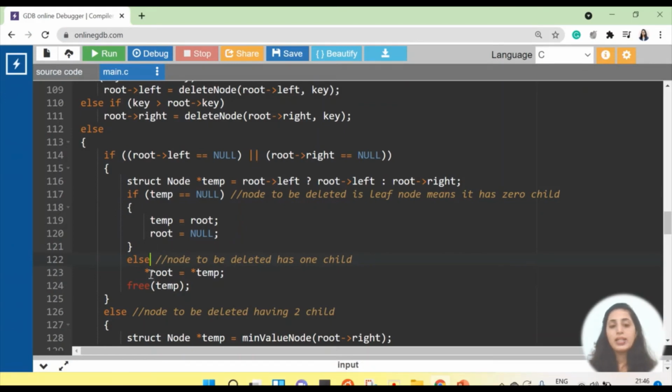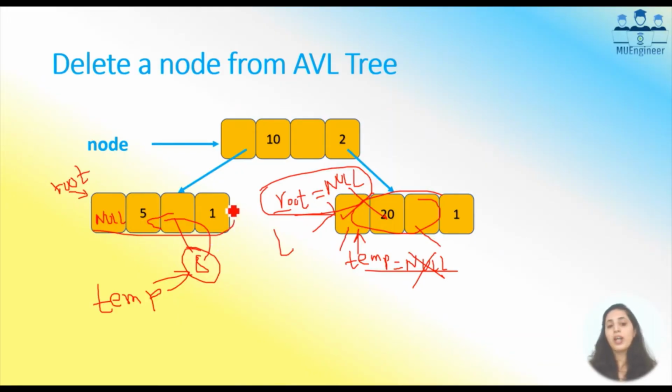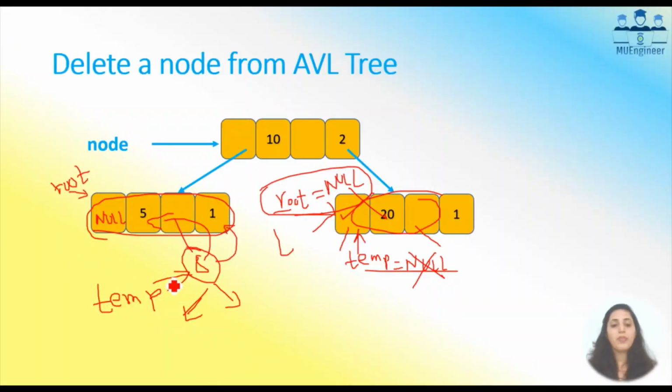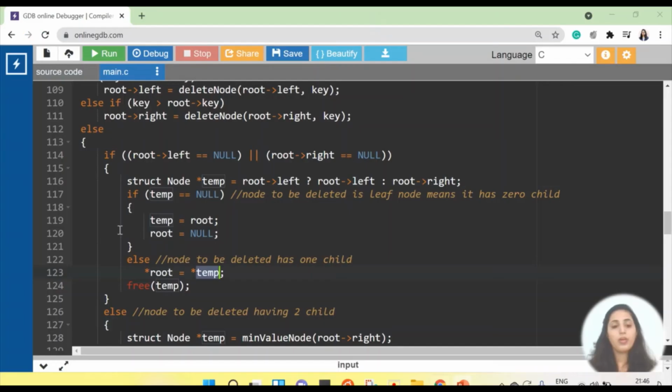That means what I'm doing in this else condition is value at root is equal to value at temp. So पूरा root का जो भी values है ये हम लोग copy paste करेंगे and this node 8 will be overwritten on this particular node. So automatically 8 and all its child will take place over there and just 5 node we can now delete. Okay, so in that case I can just free temp because temp was pointing to this node.